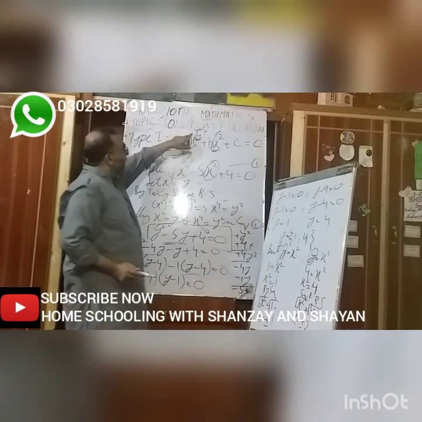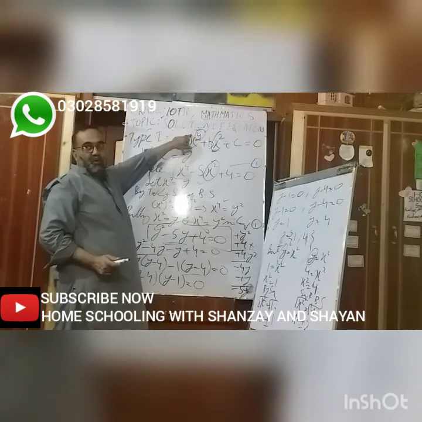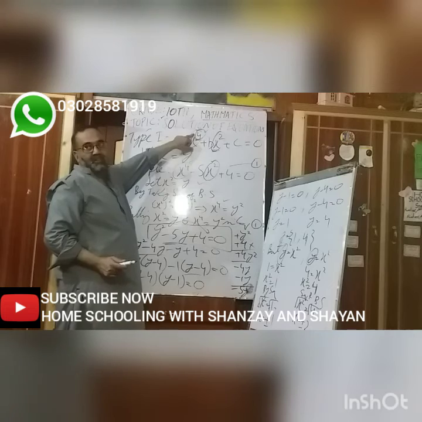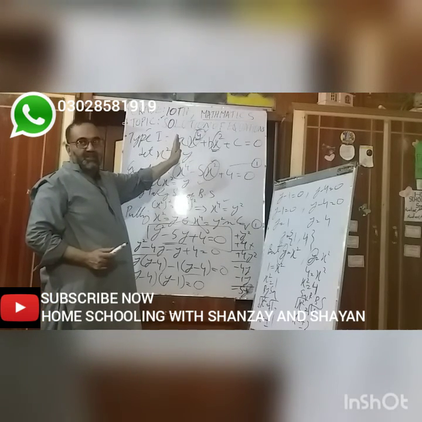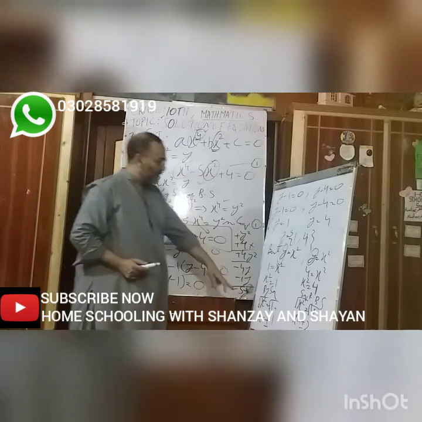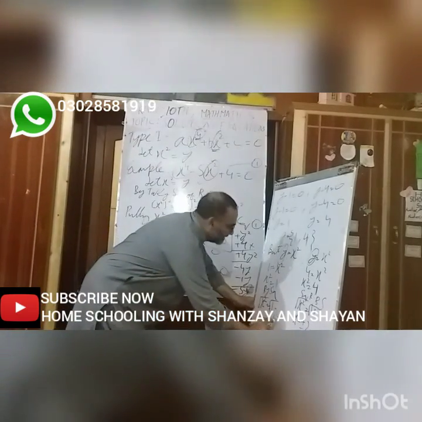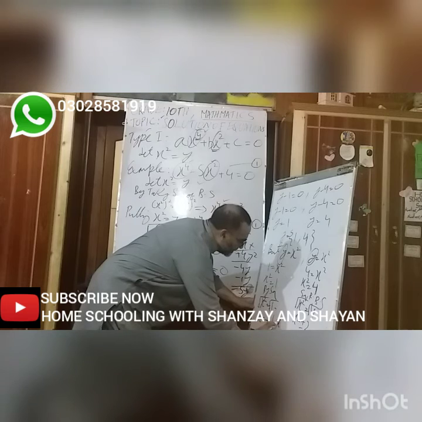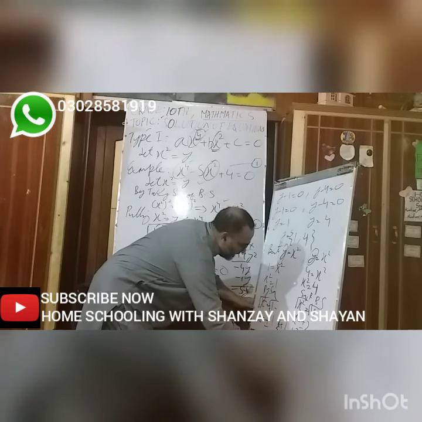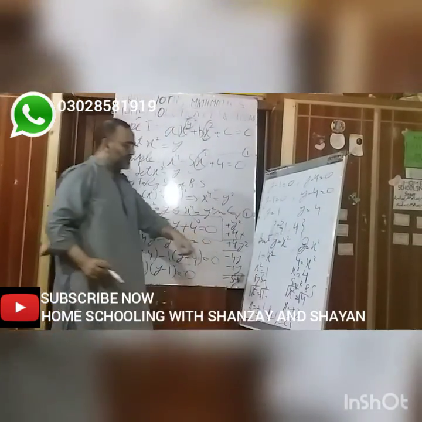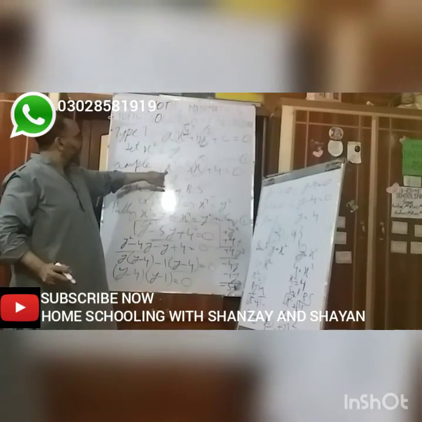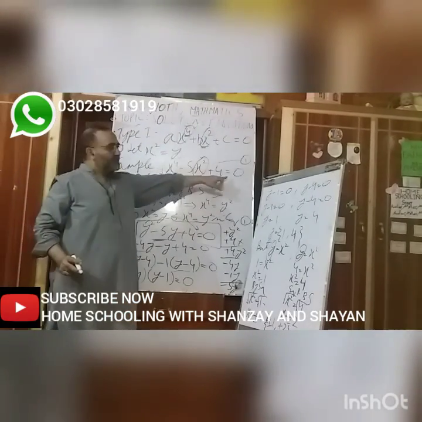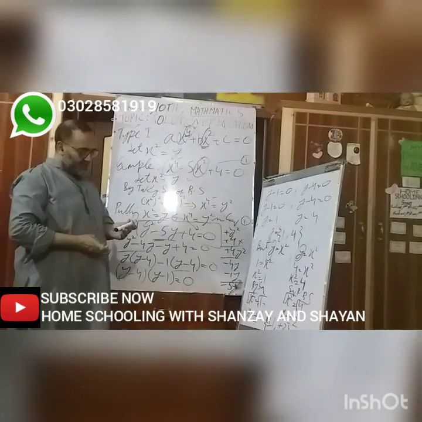As the highest power is 4, students, we will get 4 solutions of this equation. So you will find four solutions. The solution set is plus minus 1 and plus minus 2. So this is your answer. By putting any of these values in this equation, you can check if it will be 0. So your answer is right.